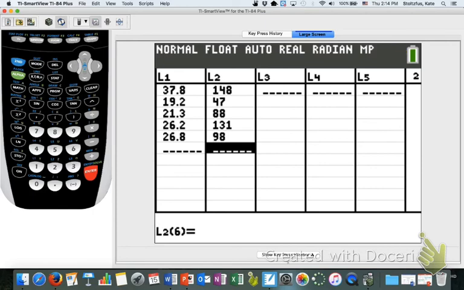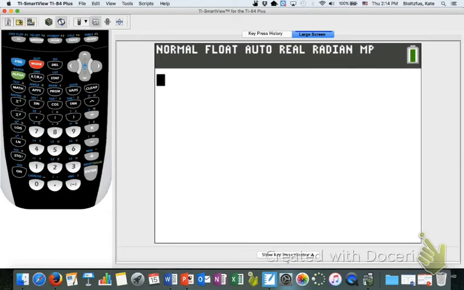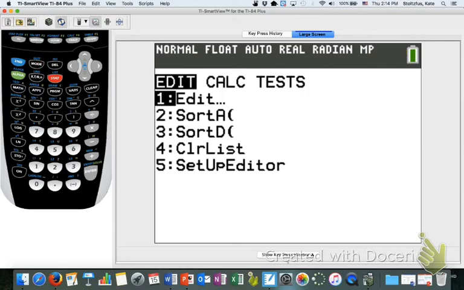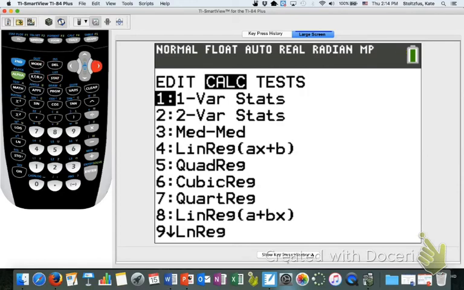One thing that's important is that ordered pairs must be next to each other. So side by side is the x value and then the y value. So I have an equal amount of x's and y's. That's a good sign. So I'm going to go back to the main screen by hitting second quit. So I'm at the main screen, and I need to select linear regression. So I go back into Stat, I arrow over to Calc, so Stat, Calc, and then I select Option 4, linear regression. So I can hit 4,